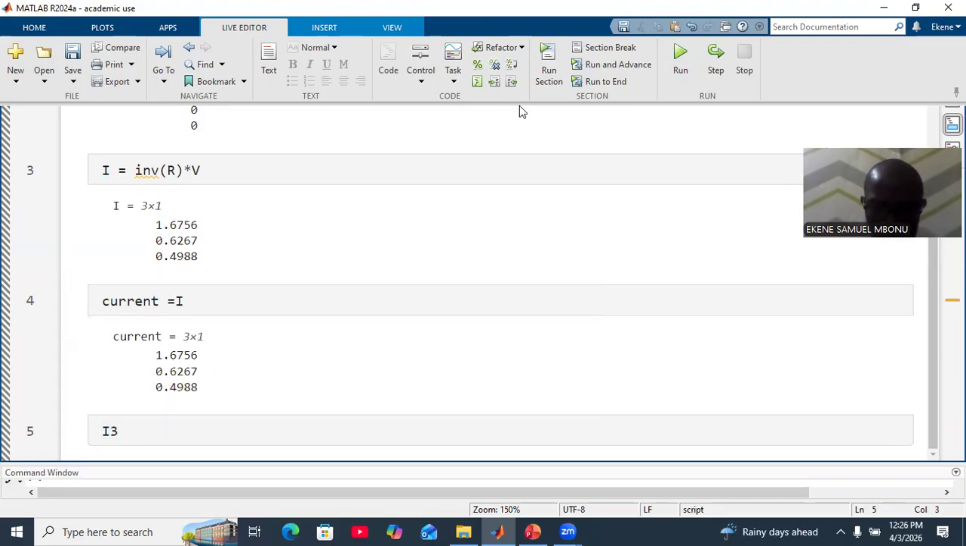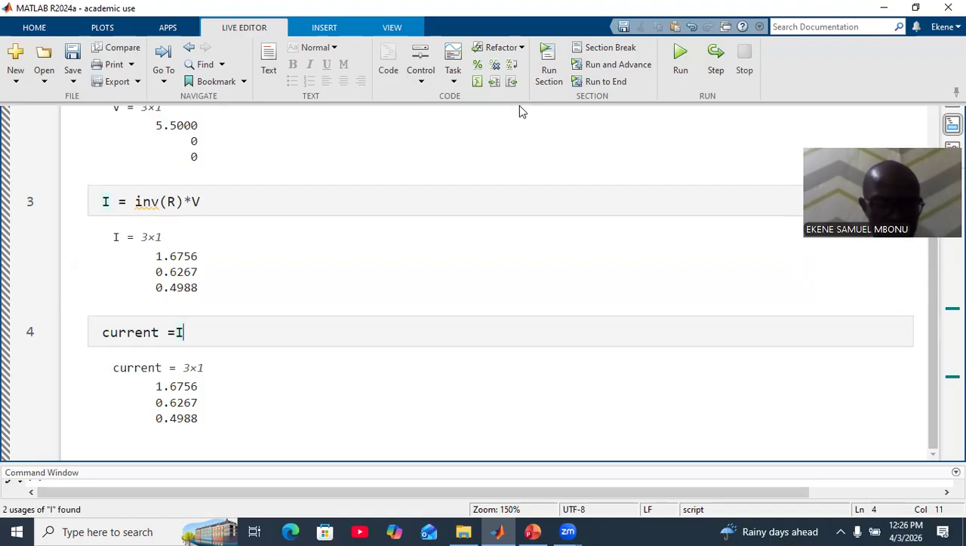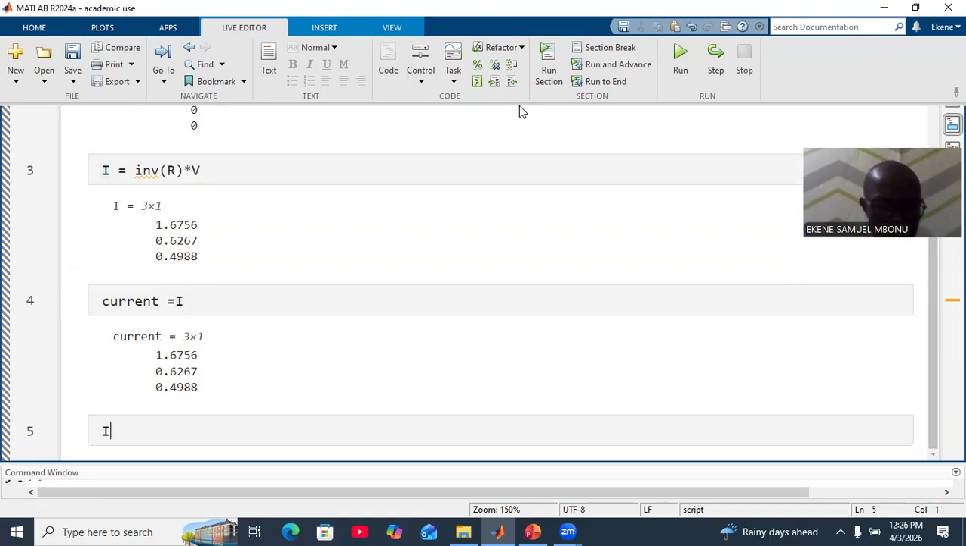So we say I3 ohms is equal to I1. Okay, we have not actually extracted what is I1. Let's first of all extract what is I1. I want you to observe that this is a column vector. So this is I1, I2, I3. I1 is equal to